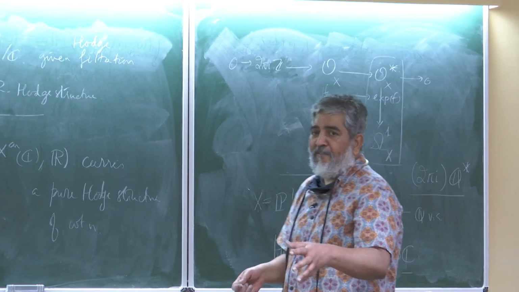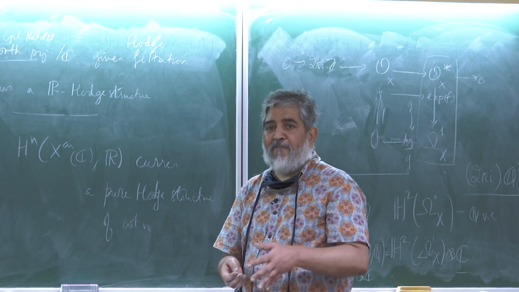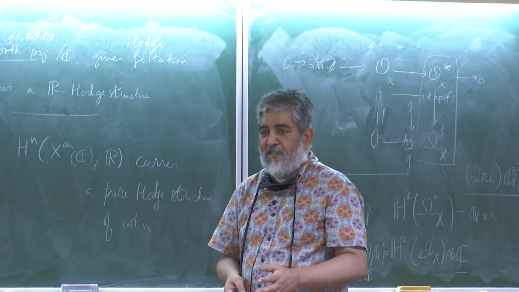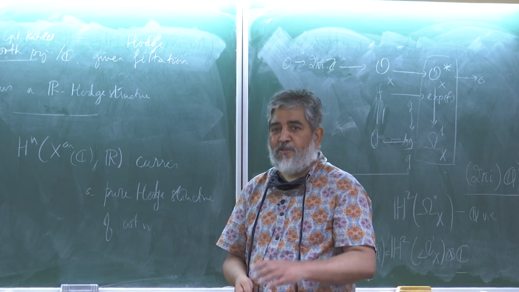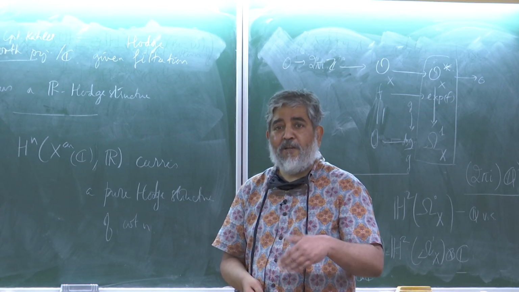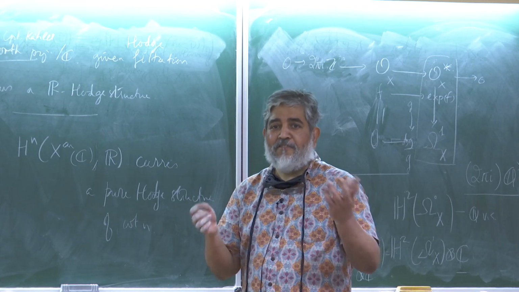So there was a map of cohomologies, which is a map of Hodge structures, and therefore the kernels and co-kernels are Hodge structures. And since they are pure Hodge structures, the kernel and co-kernel are pure Hodge structures. So the associated graded of your weight filtration are actually pure Hodge structures, which is what you need to prove in order to prove that what I have is a mixed Hodge structure.